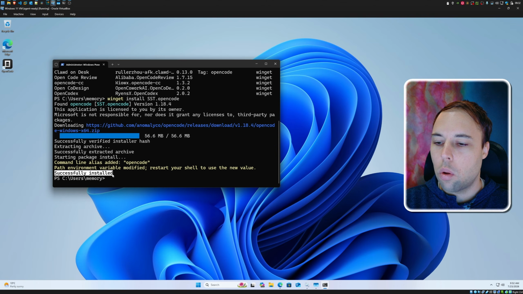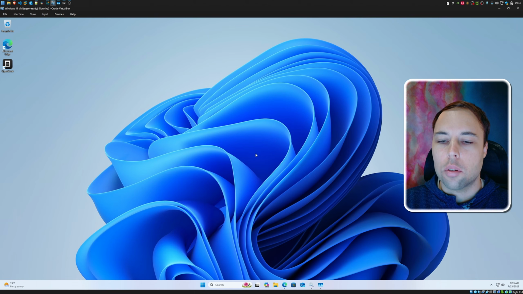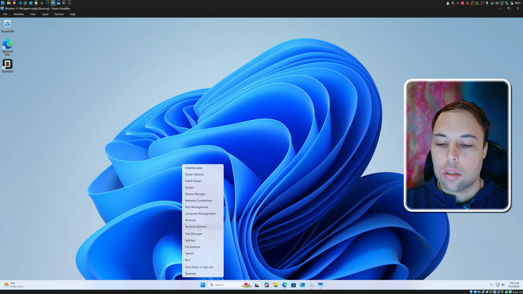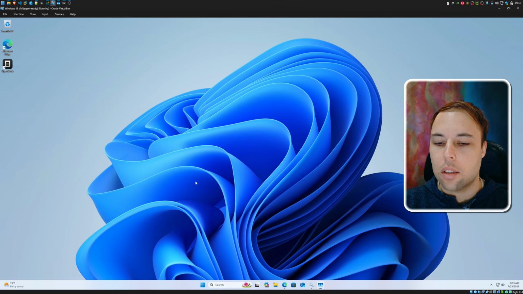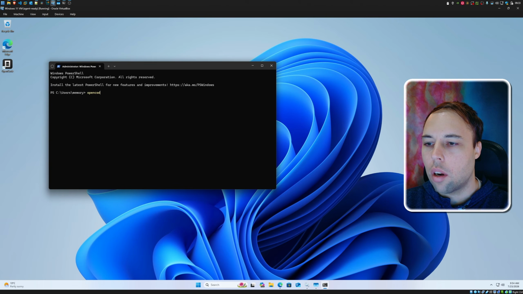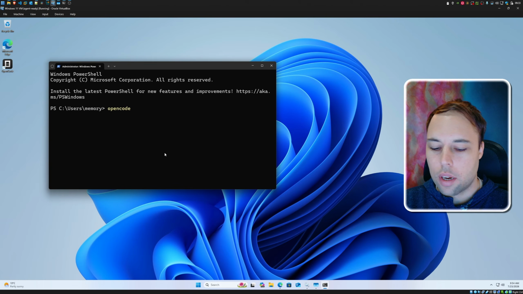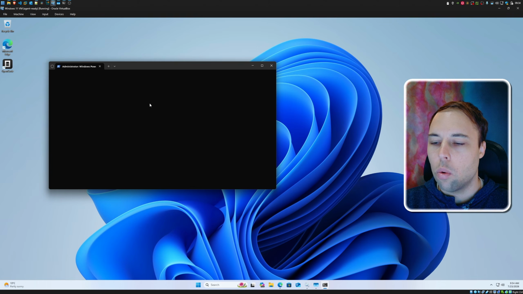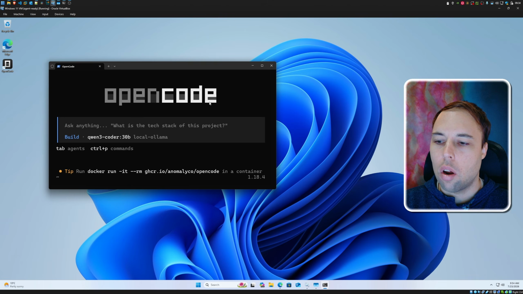So we've successfully installed the terminal version of OpenCode, and we can just run it by typing the word OpenCode. So after installing OpenCode, just close your terminal and then reopen it again by right-clicking on the Start button, then clicking Terminal or PowerShell as admin, and then we can type the command OpenCode, exactly like you can see on screen now, then press Enter, and it will then launch into the terminal application of OpenCode. Now you can see, because I've already set up the models using the OpenCode desktop version, it already picks up my model and my local Ollama provider that we set up in the previous video.